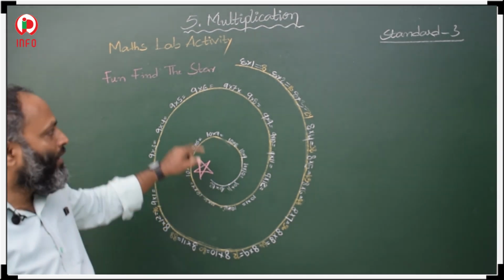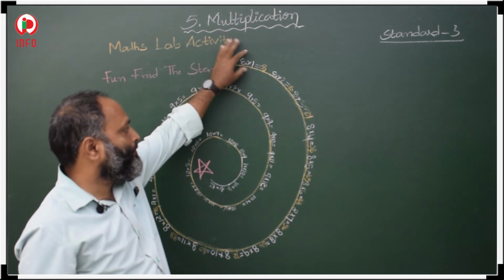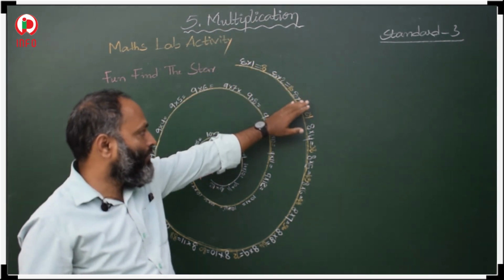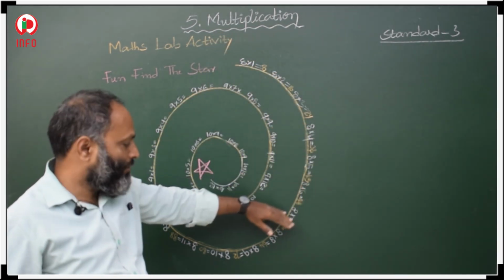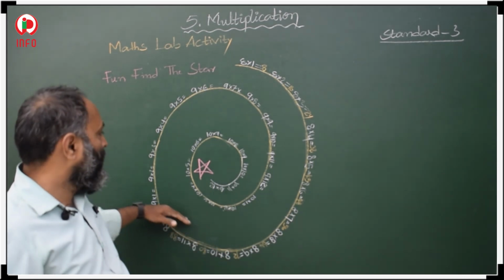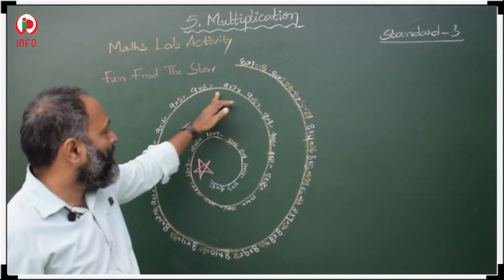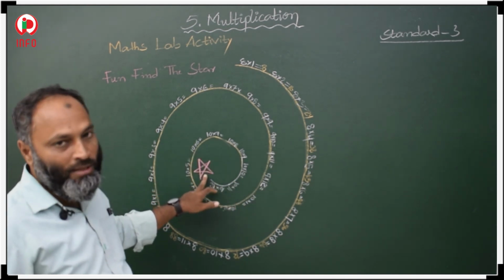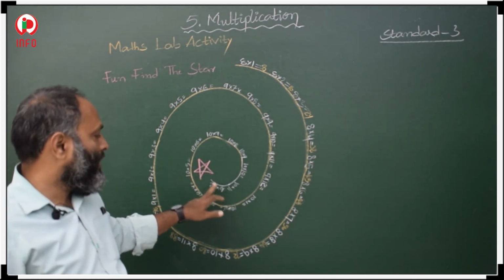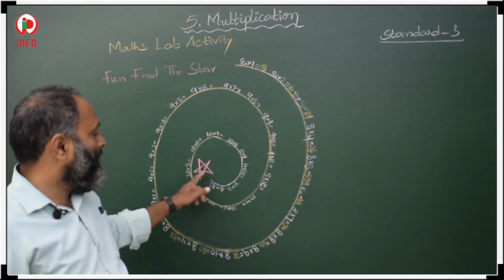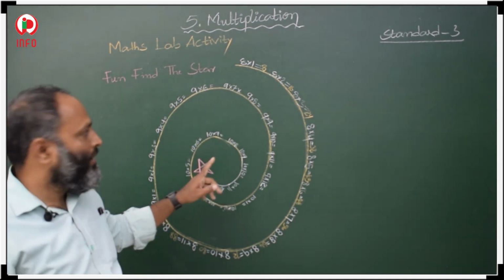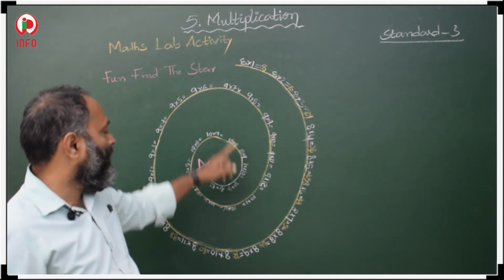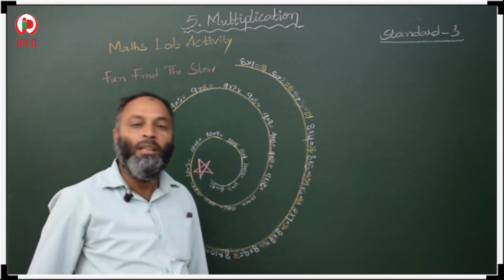Okay. So, where we start from here, 8 1s are, one by one. We complete our table and slowly we have to move, and after that we should reach the star. Where is our star? Here we have the star. So, after completing 10 12s are, we will reach our star. So, the remaining 9 table and 10 table you have to complete and reach the star. Okay.